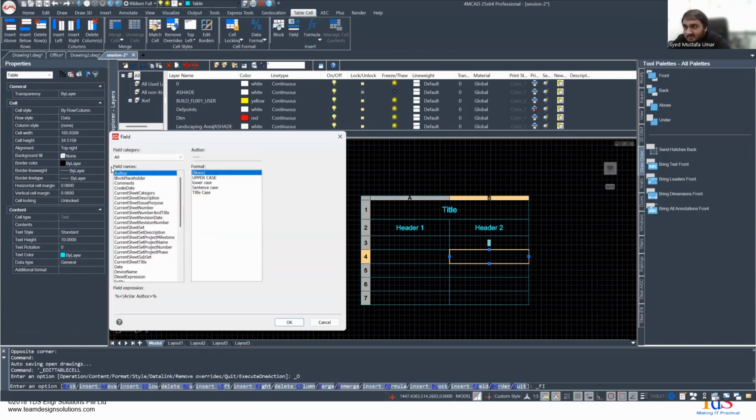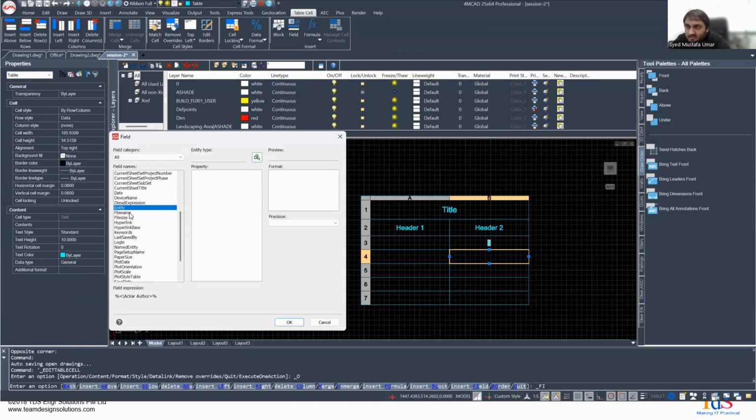The field is a bit different. The field has a name. So right now let us go with the entity, but there's all these: file name, file size, hyperlink, all of these that you can work with. Entity is the one that I use most, but what it allows you to do is add a property of an object into your table, in essence. So a property can be maybe the radius of an object, maybe the circumference, maybe the area that an object takes up. So right now,